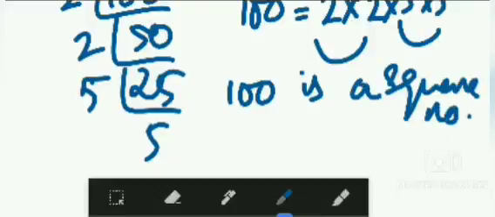Okay, so for the numbers which are not a square number, you have to write the number which we need more, so that we can get a perfect square. But for the square numbers we don't need to write any extra line. Okay, so do the remaining numbers in this way.